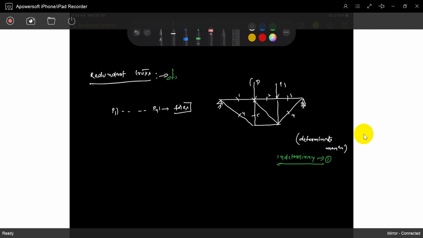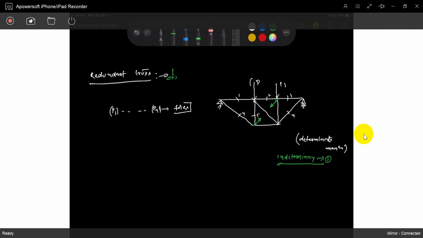So we will calculate. See, if another redundant member is there, how is each member altered, how is the force in each member altered, how much altered, we don't know. So how can we calculate? See this. First apply a unit force in the direction of the redundant member. The member joins this joint and this joint, so you have to apply unit force at these two joints, because the member connects between those two joints.